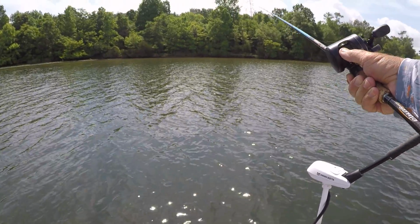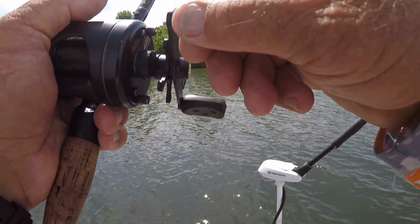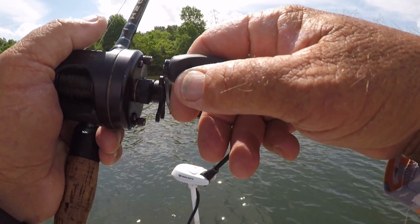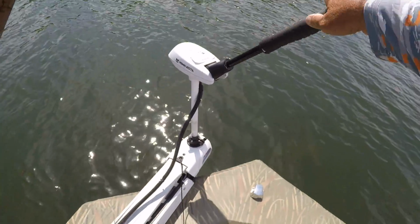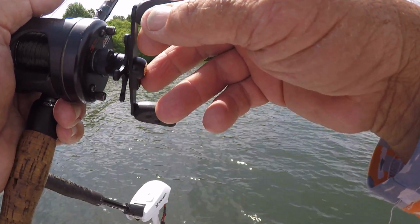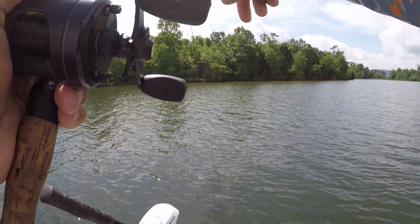Make another cast in there. There's a bare spot right there, big sandy area. And I don't know, it could be a big bluegill shellcracker bed. Or just the opening, just because it's sand right there, they'll relate to that. Like I told y'all, a lot of times there's a lot of little small bluegill around the inner edges